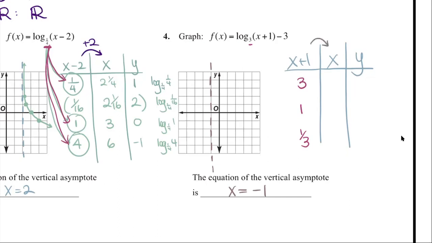Wait, I'm a little confused. Do you plug in the 3? No, I'm not plugging in 3. I'm thinking, what does x have to be? Sorry, that's a confusing way to say it. To get from x plus 1 just to x, what do I need to do? Minus the 1. So if x plus 1 is 3, I'm going to minus 1, which gets me